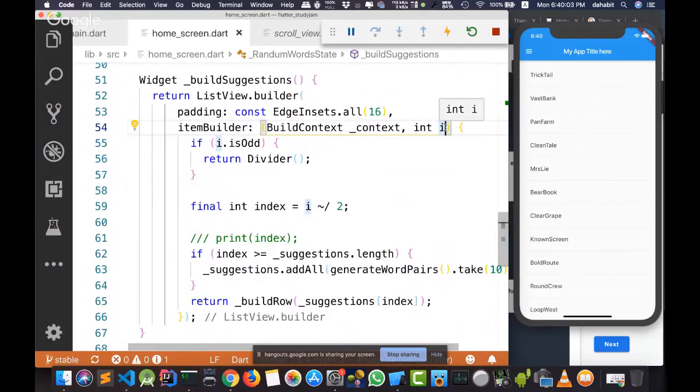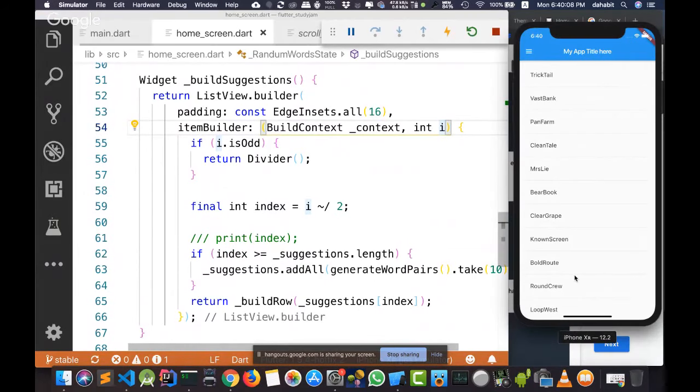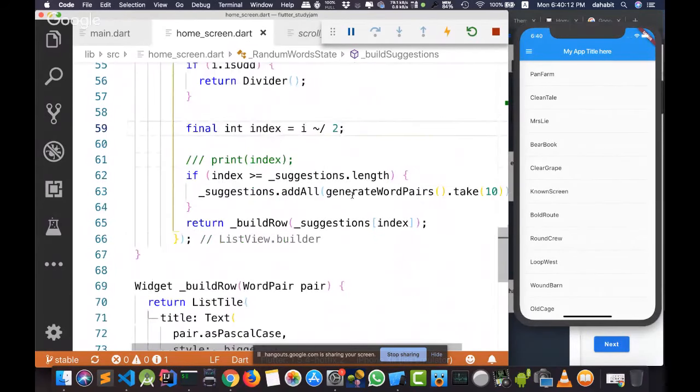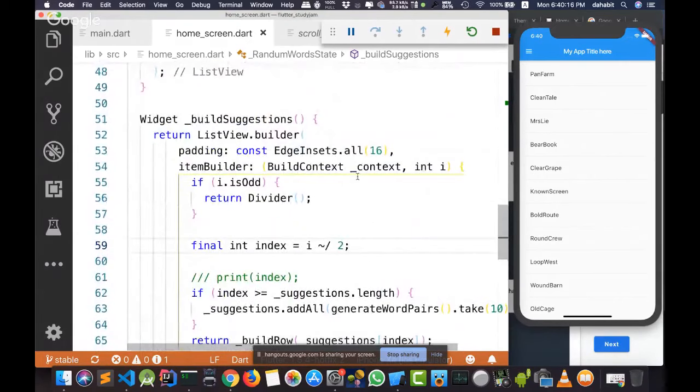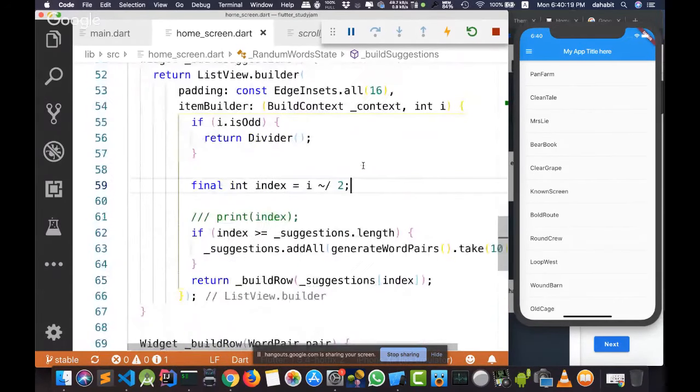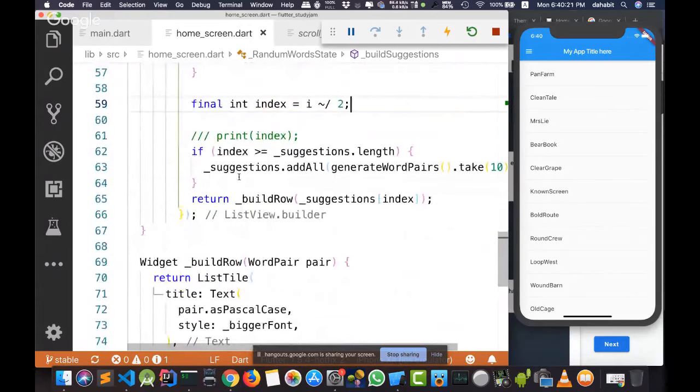This integer value holds the index of the elements that appear on the screen. I am doing that because I want to automatically loop through my word pair object and display every element based on the index that I wrote.